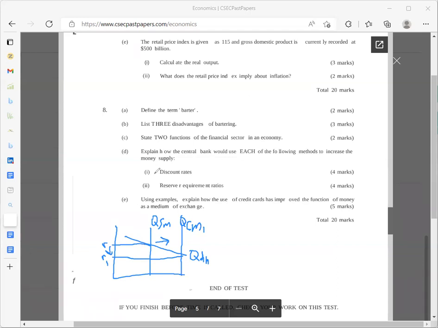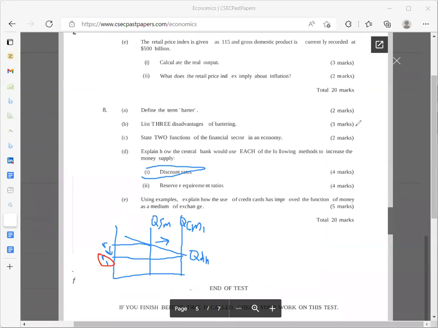Let's talk about the discount rate now. Can you remember how the discount rate works? How does the discount rate work? Let's use the same diagram. So we want to achieve the same thing. We want to achieve the money supply shifting out, hence reducing interest rates to R1, right? So what can we do to discount rates? Do we reduce discount rates, or